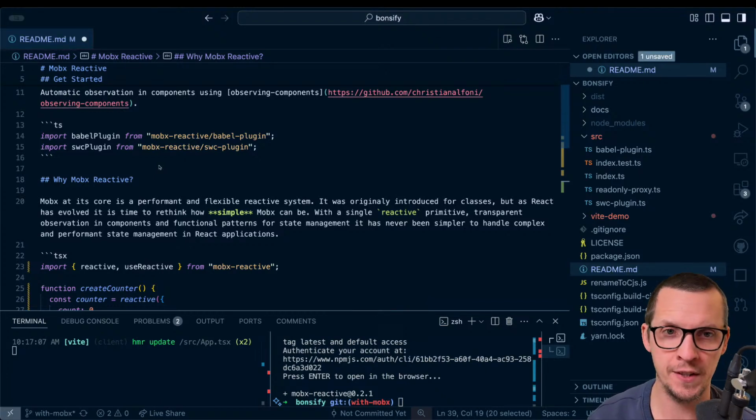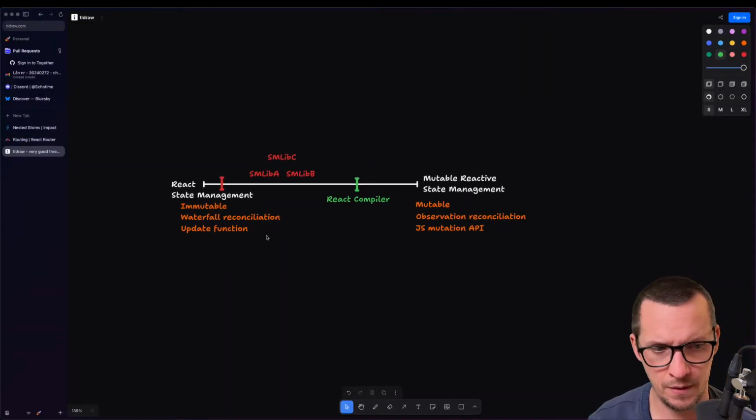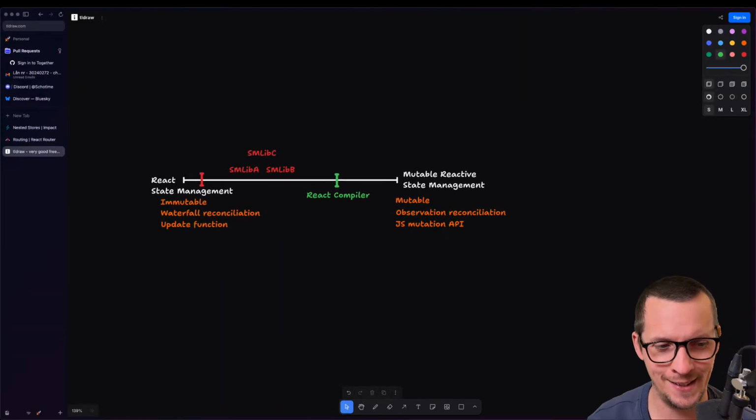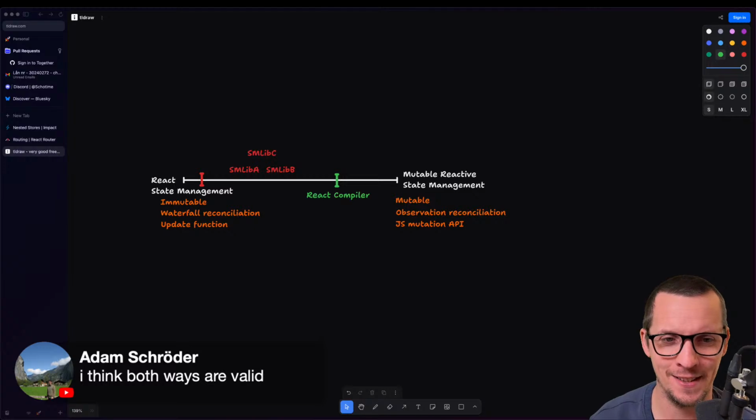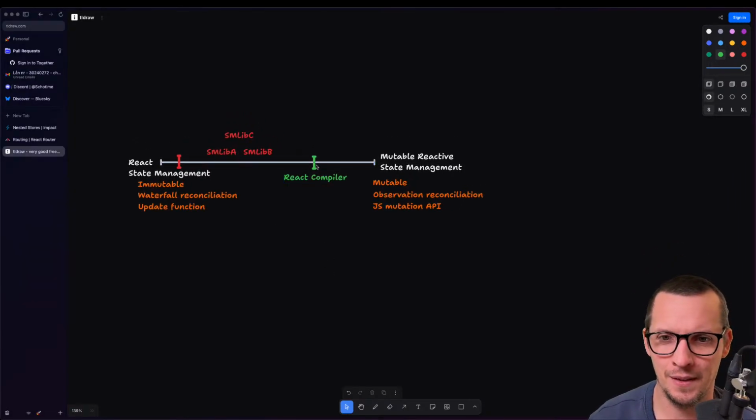So in the context of the React compiler, yeah, exactly. Both ways are valid. I totally agree. If you think about React itself, it has performance issues. So do you apply the React compiler and then run with React from there?